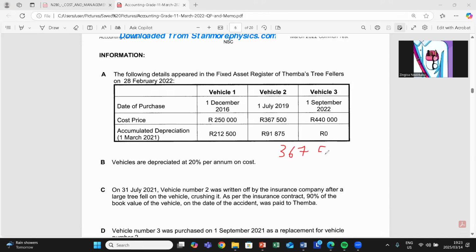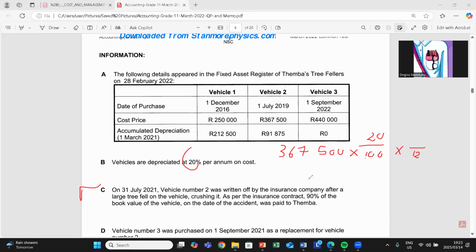Multiply by your rate of depreciation. We use the cost price method, and according to it, in order to calculate the depreciation, we use our cost price multiplied by 20%. Multiply by what? Remember, you're calculating the depreciation of the asset that you sold. Meaning you multiply by the months in which you used your asset in the current financial year. You did not use your asset for 12 months. To know the months in which you used your asset,